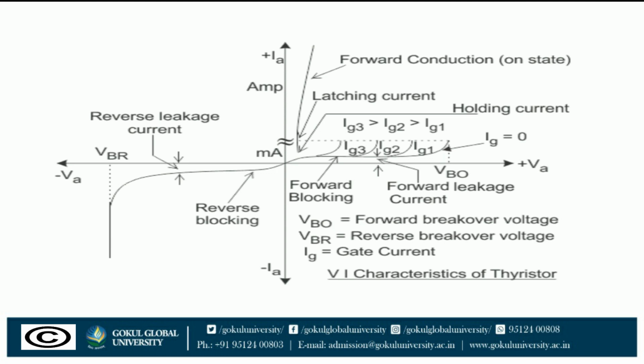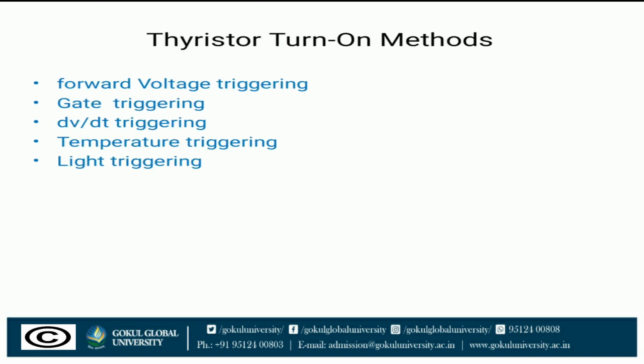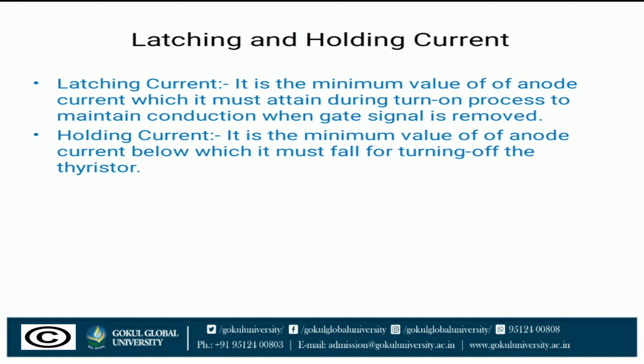Once the SCR is conducting a forward current, the reverse biased junction J2 no longer exists. As a result, no gate current is required for the device to remain in on state. Therefore, when the gate current is removed, the conduction of current from anode to cathode remains unaffected. However, if gate current is reduced to zero before the rising anode current attains a value called the latching current. Let us look here at what the latching and holding currents are.